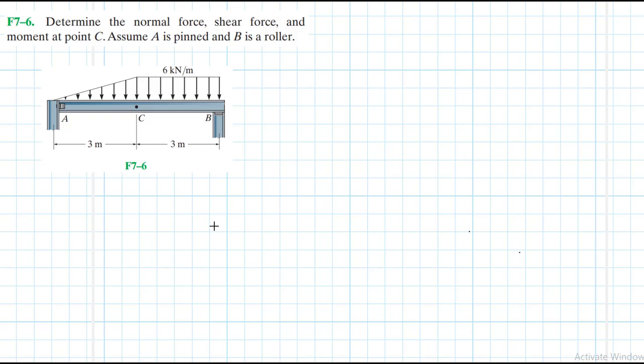Hello, I welcome you all to this another interesting screencast where we're going to be solving this engineering mechanics problem, and it reads, determine the normal force, shear force, and moment at point C. Assume A is pinned and B is a roller. So we'll also say, and